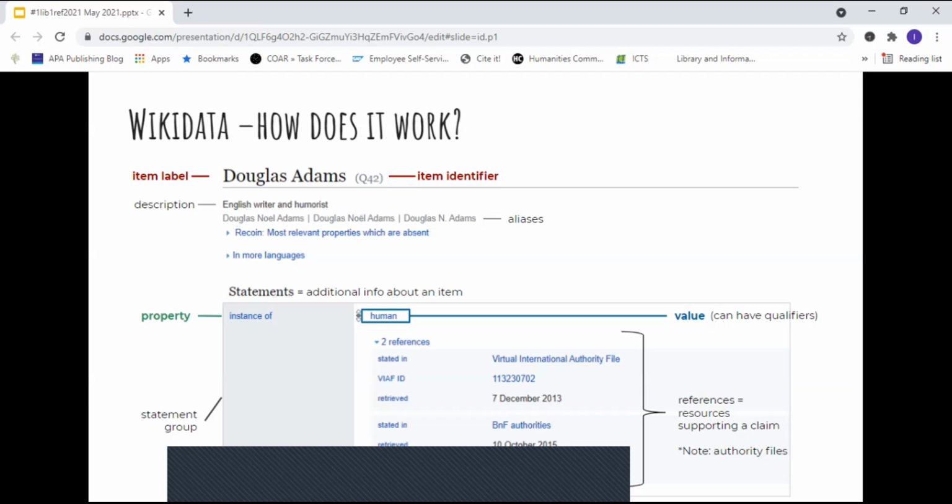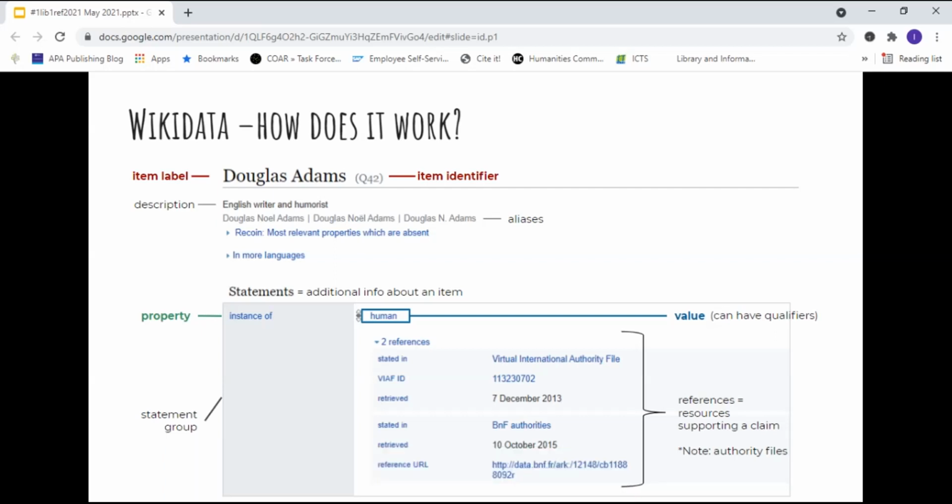Okay, so items also have aliases, which are alternative names for items. You will see on this slide that the various sections have labels. So you'll see that we have property, we have statements and values. So a property is a specific relationship that connects an item with a value.